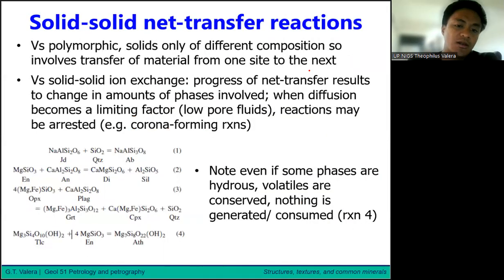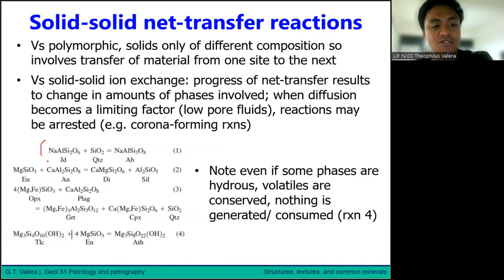Next reaction is solid-solid net transfer reactions. Versus polymorphic reactions, the solids involved in this reaction have different compositions, so it involves transfer of material from one side to another. For example,